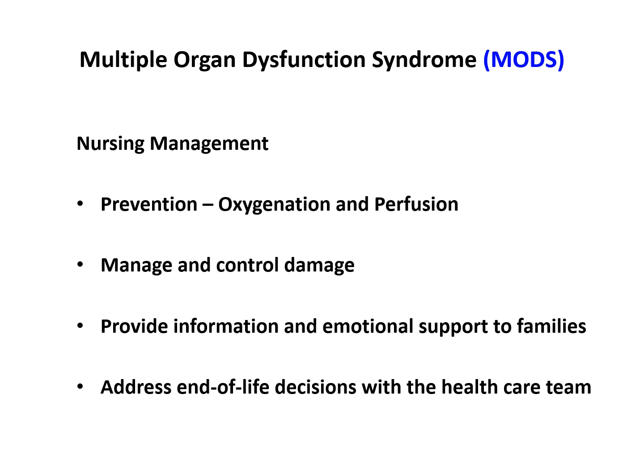We want to provide information and support to the families. Families always need to be made aware of what's going on. The healthcare providers should have frequent conversations with the families to let them know about the patient's progress or lack of progress. And as nurses, we should reinforce the information as well as give the families the emotional support that they need. Give the families time to discuss what's going on and time to spend with their family members.